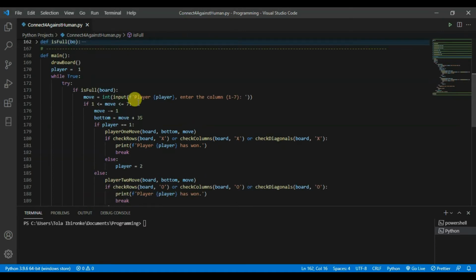If the board isn't full, I'll ask the user to enter the column they want to play in. Then I convert it to an integer, because by default the value inputted here is a string. What I'm checking next is if what the player entered is in the range of 1 to 7. I'm using a simple shorthand here: if 1 is less than or equal to the move, which is what the player entered, and the move is less than or equal to 7,